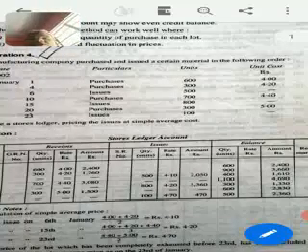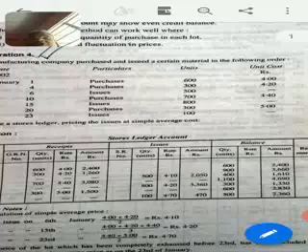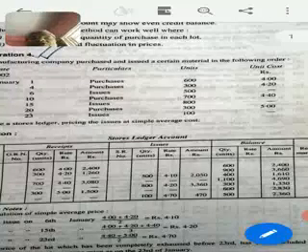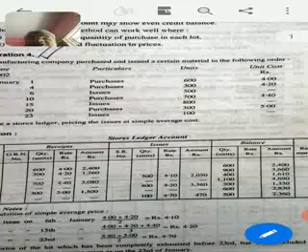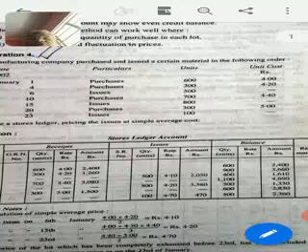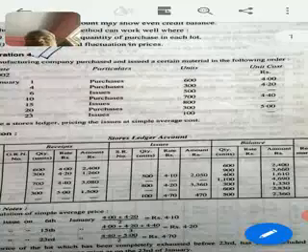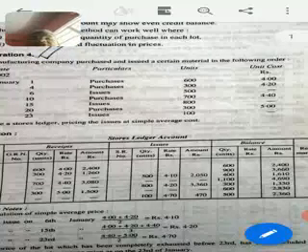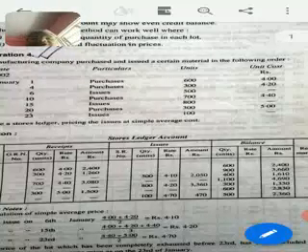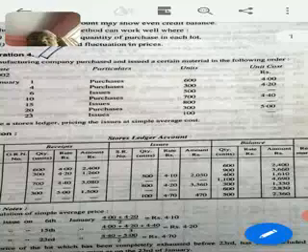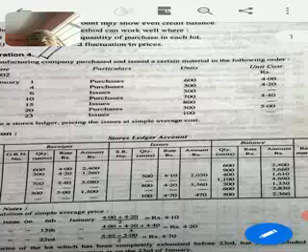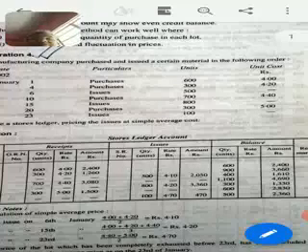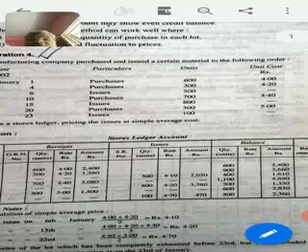As you can see, on January 1 there is a purchase of 600 units. So we will write 600 under the receipt, and then the rate is 4, and so 600 into 4 will give you 2400. So under balance we will write 600 under the quantity, and under the amount we will write 2400, and under the rate column, under simple average, we will keep it blank.